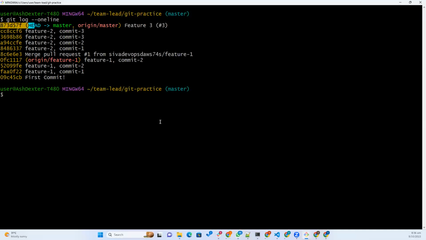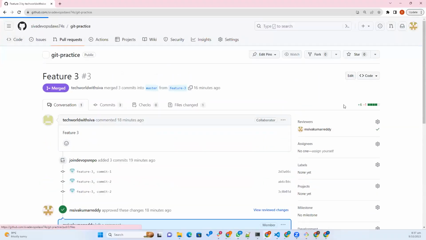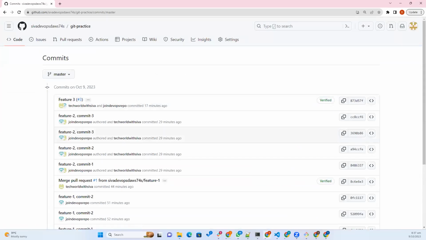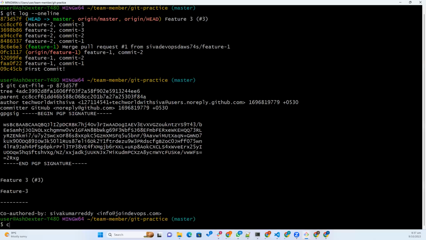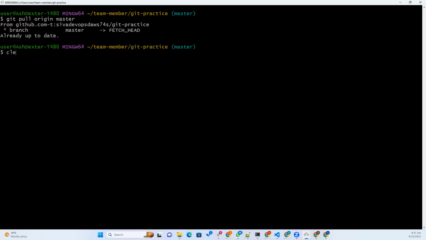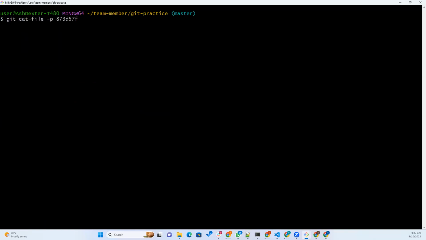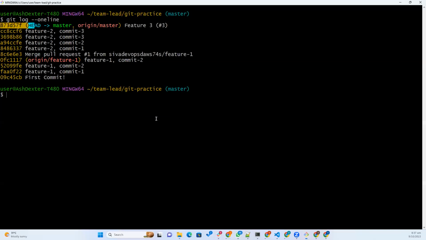Now he is at 873DF7. And then our team member is also pulling. He is also at this one. Okay. So now our team member is creating one feature, git branch, and then feature 4,